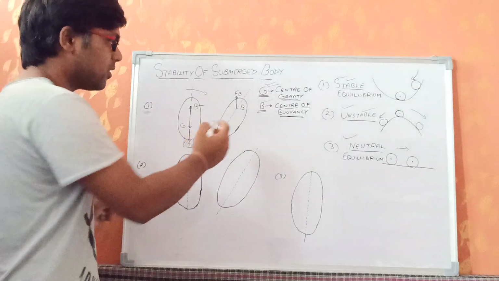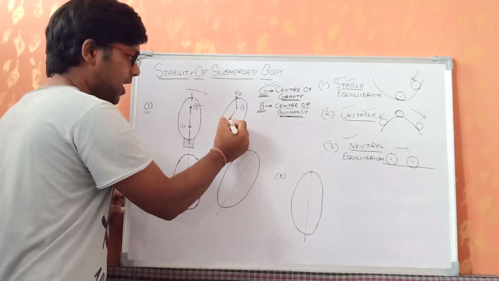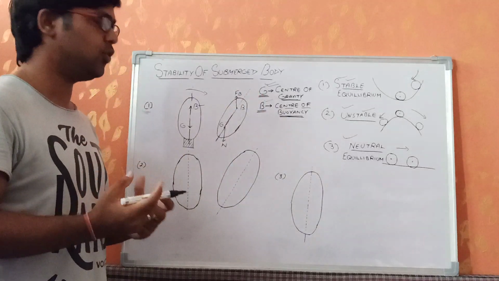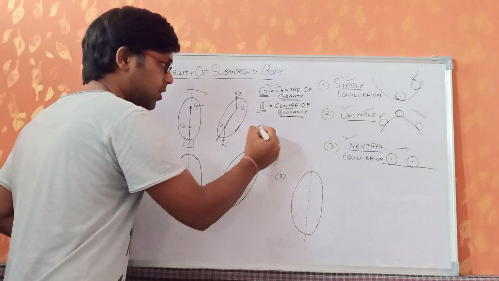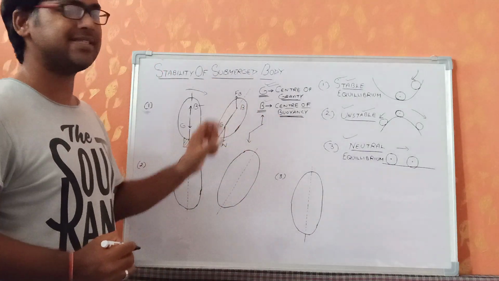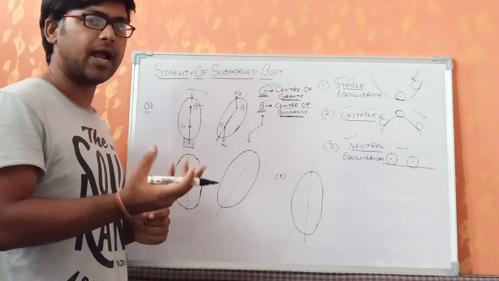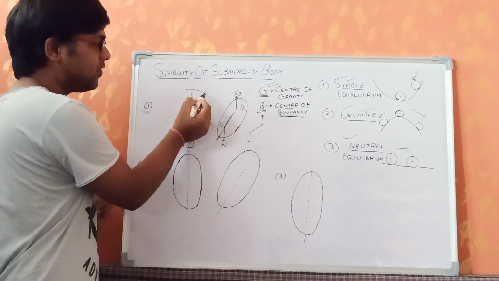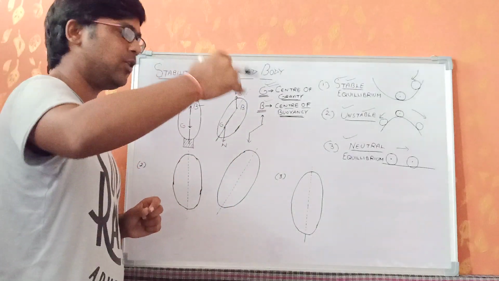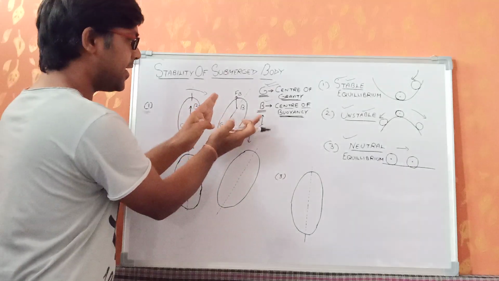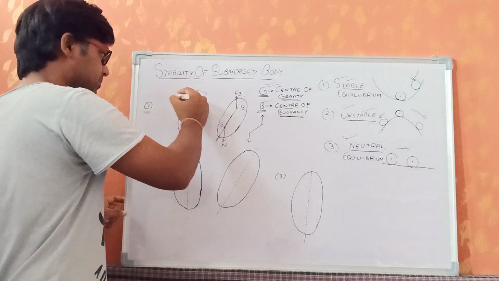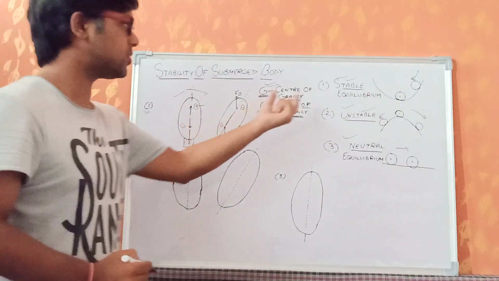Now we can see in this case we are having a couple. It means after the tilt, this W and FB are producing a couple. This is the position of the couple, just like this. So this couple basically is trying to rotate the body in the anti-clockwise direction. So the tilt given here is clockwise. The couple moment is trying to apply a moment in the anti-clockwise direction. So obviously it will again rotate the body, and the body will come back to its original position, just like this case. It means it is a case of stable equilibrium.